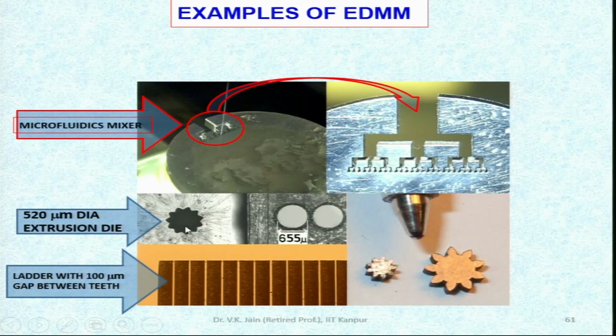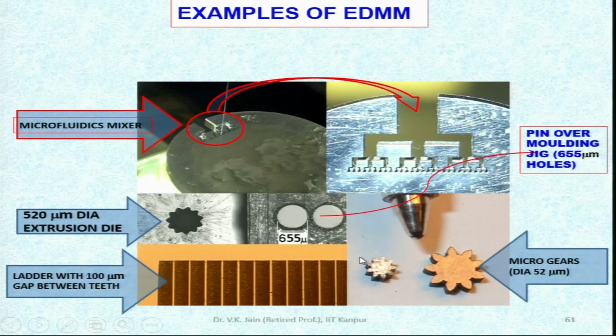This is an extrusion die; you extrude through this and you will get the extruded micro components. This is the ladder with a 100 micron gap between the teeth. These are the teeth: 1 tooth, 2 teeth, 3 teeth, and this is the 100 micron gap between the two teeth. Then you have this 655 micron size pin overmolding jig, 655 micron size holes are there, these two,